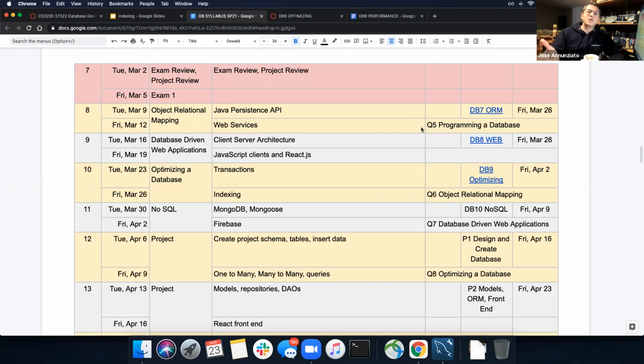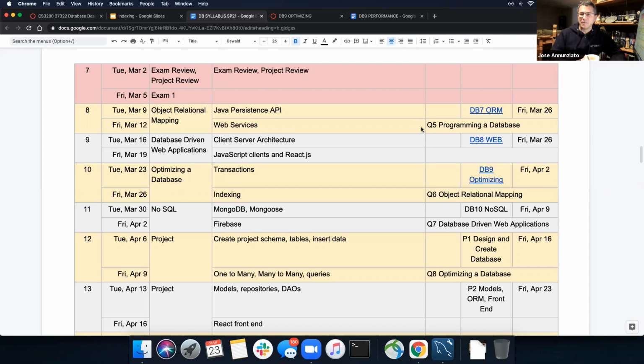Okay, so we're going to get back to some of the standard topics that you cover in a database course today. Well, definitely ORMs is pretty standard, right? Just connecting programmatically to the database. So assignment number 7 is pretty standard. Assignment number 8 is a little bit off topic, but not much, right? You do need to